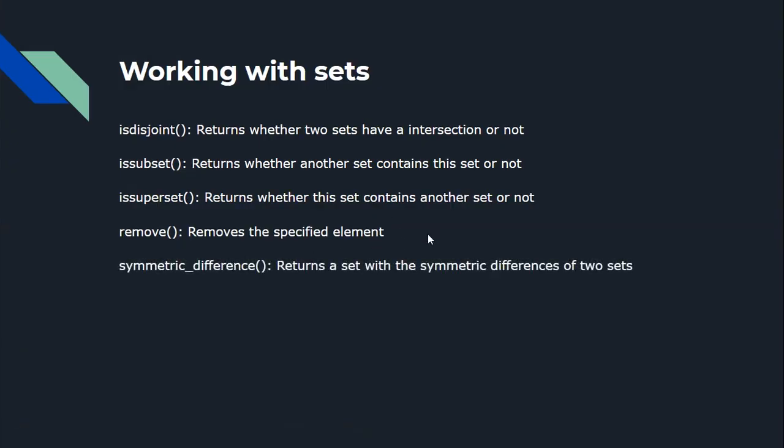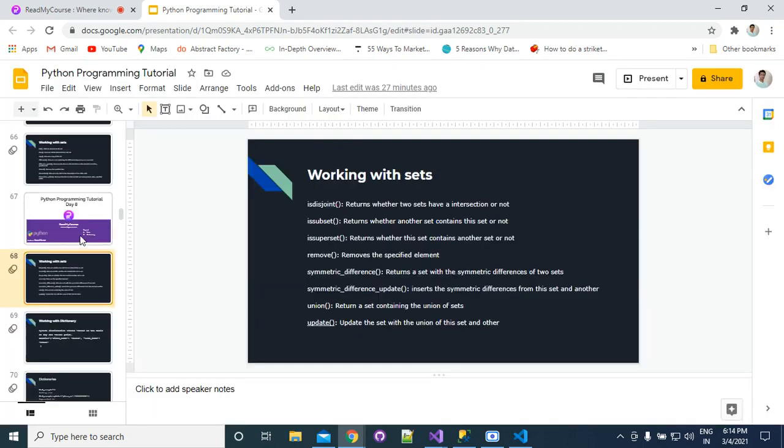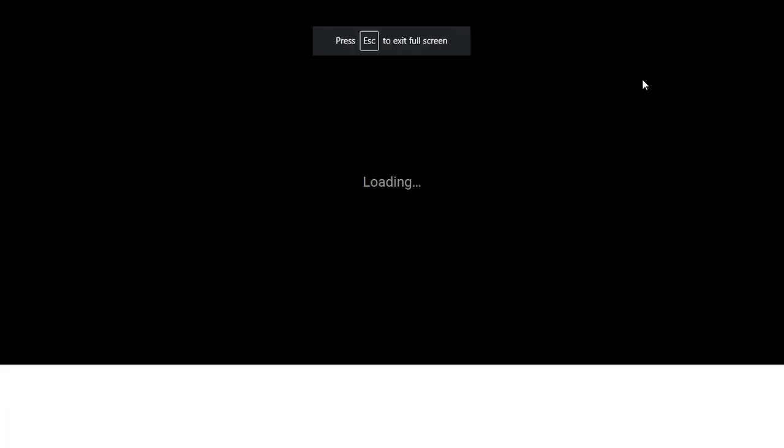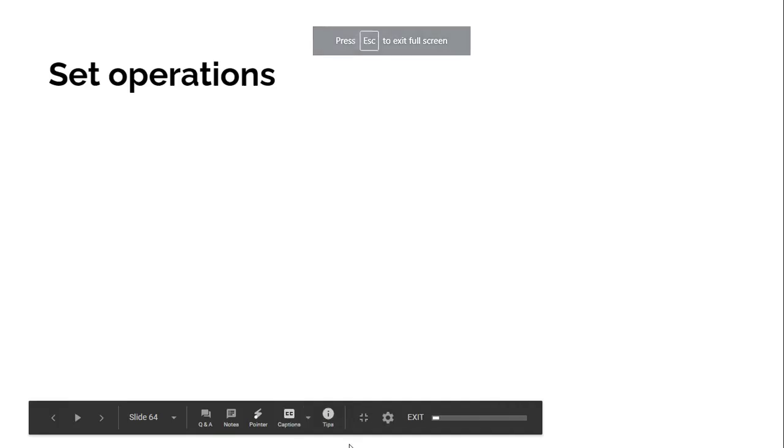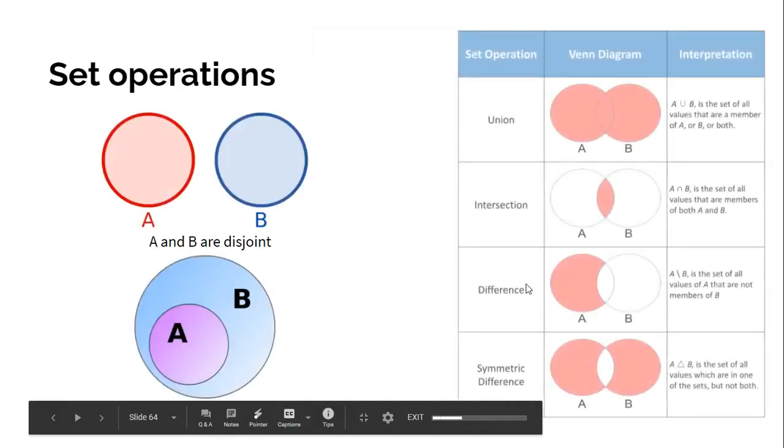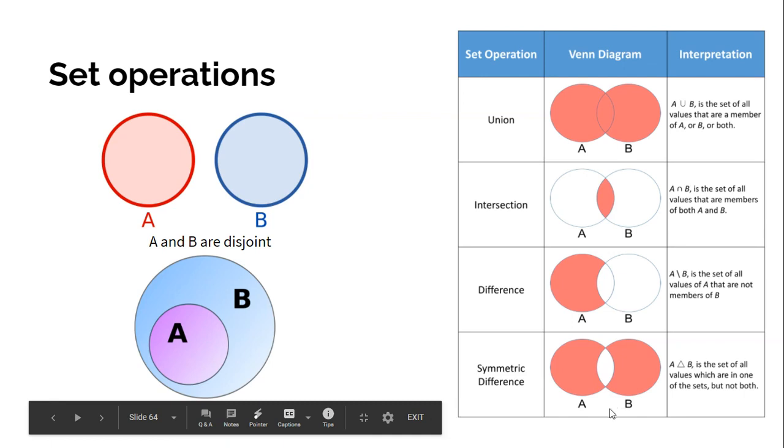Next function is symmetric difference. What symmetric difference basically does is it returns a set with the symmetric difference of two sets. Previously I have given you the example. Suppose that we have two sets. If you write symmetric difference between A and B, then it will return all the elements that are present in either A or B but not in both.